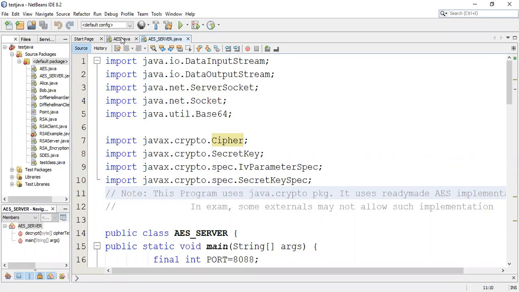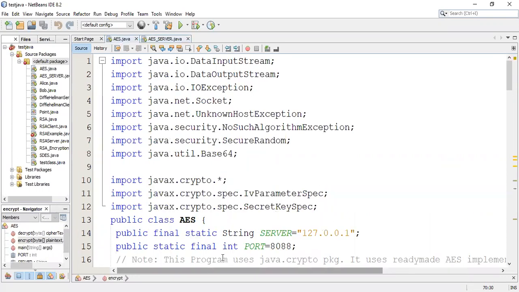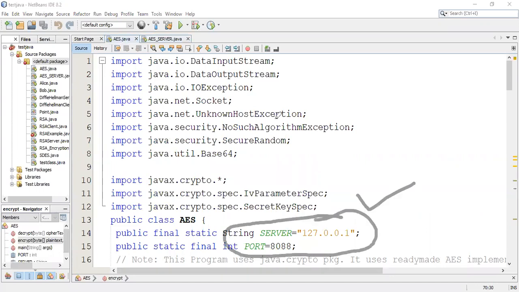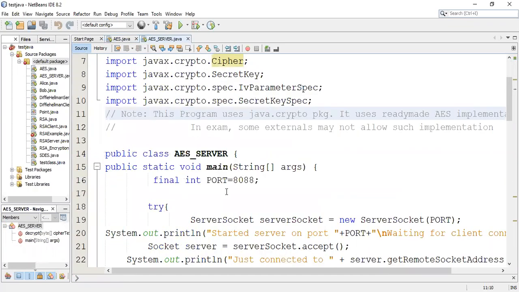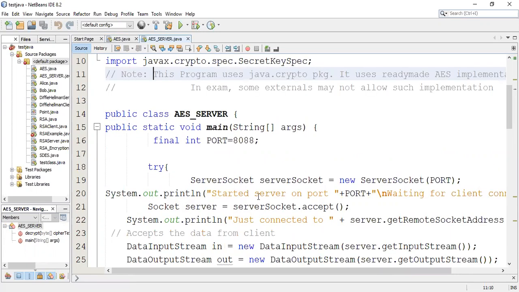What I told. So here the port. Whenever I'm going to start the server, I have told this port must be started. Suppose I'm going to execute this program directly, it shows an error because first this server must be started and this port must be open. Now come to the server side program. Here I have started the server port 8088, and then I am waiting for the client.